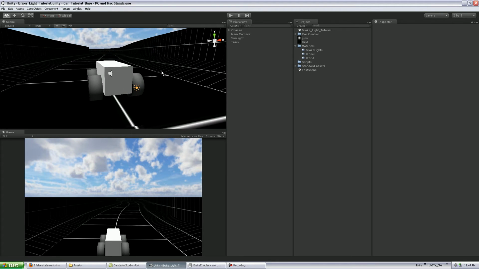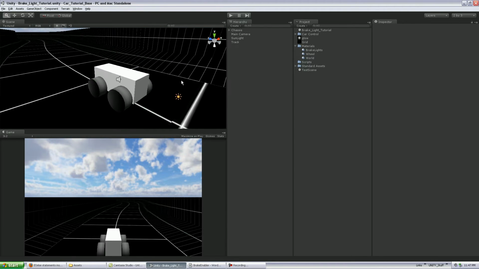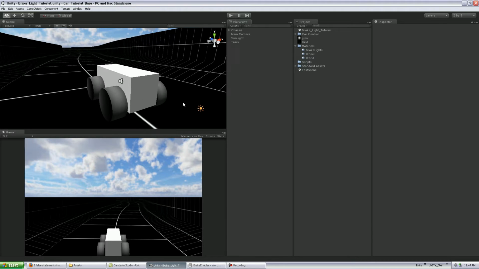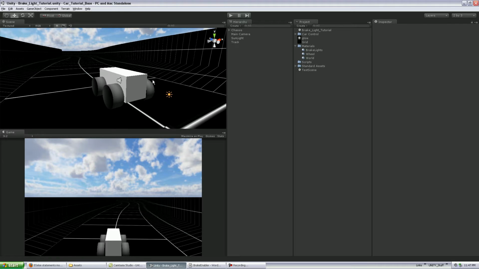Okay, so this is going to be a tutorial. It's going to be pretty short, in the Unity game engine. This is pretty much a universal generic tutorial because it will work on iOS and it'll work for your PC-based stuff. It's something that I put together after researching Google and helping people in the forums for